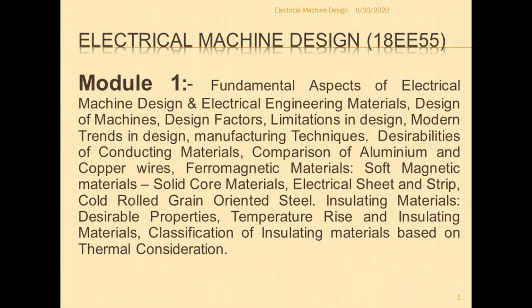Then you will be learning about the insulating materials, its properties. The insulating material is a material which is used to separate the two conducting parts. So it is not a conducting part. Insulating materials are not conducting parts, and they are used to separate the two conducting parts. The properties of insulating materials are based on their temperature rise. What is the temperature withstand limit of each type of insulating material? Its classification, the examples of each classification, those things you will be learning in this particular